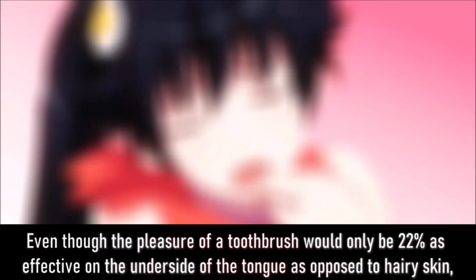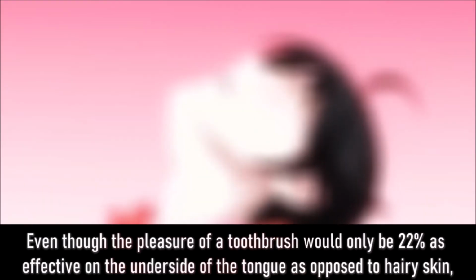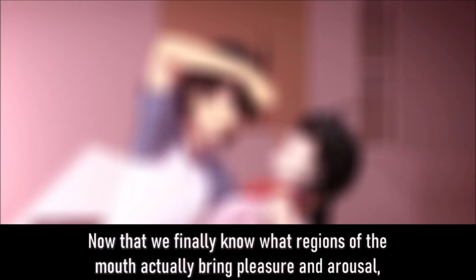Even though the pleasure of a toothbrush would only be 22% as effective on the underside of the tongue as opposed to hairy skin, it is the best shot that Koyomi has. Now that we finally know what regions of the mouth actually bring pleasure and arousal, it is time to assess